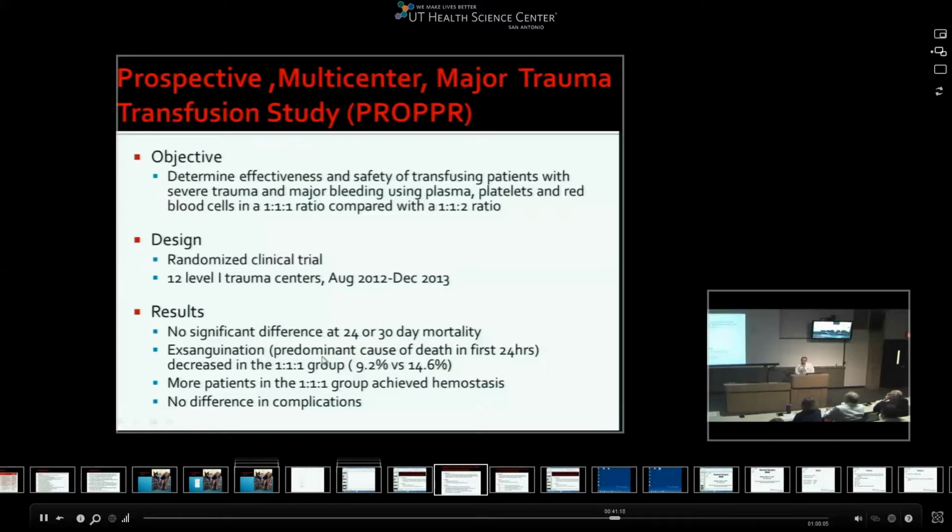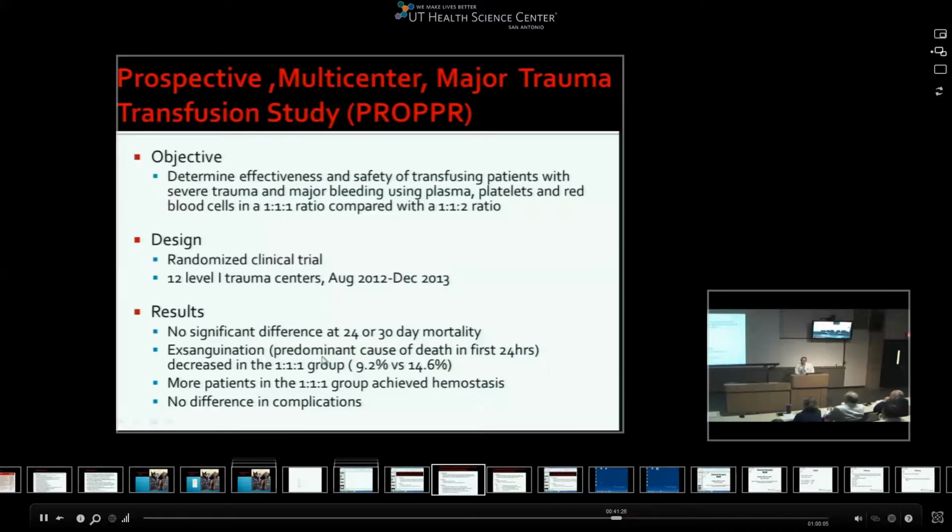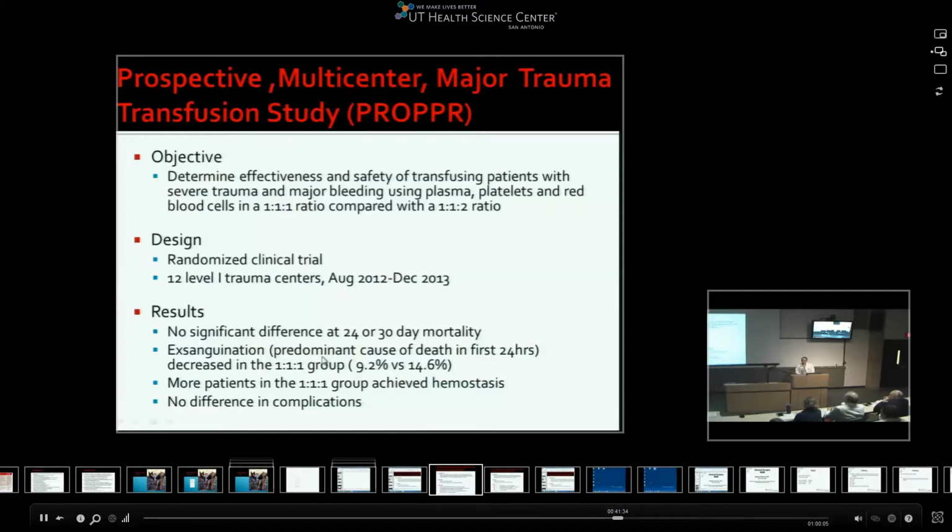It's not so much whether you're 1-to-1 versus 1.5-to-1 or even 1-to-2, which would make sense. It seems there's no real physiologic reason why a very specific ratio would be better than another. It seems that probably the important thing is that you start giving plasma early, and some people even speculated that the survival benefit is not even so much about giving plasma early, is that people get less crystalloid by starting